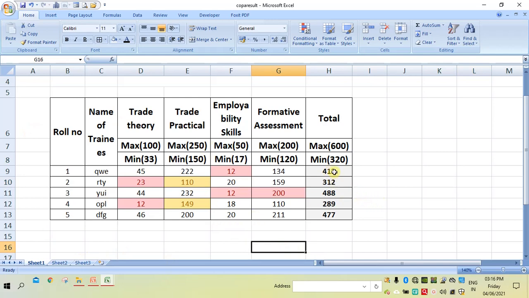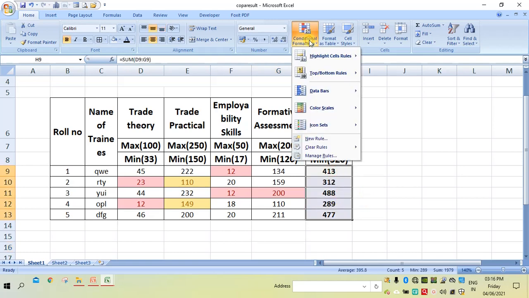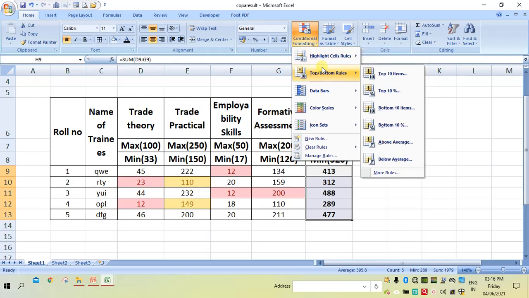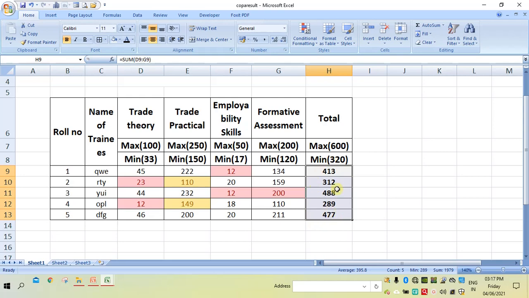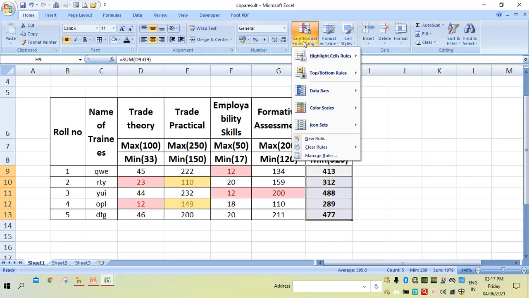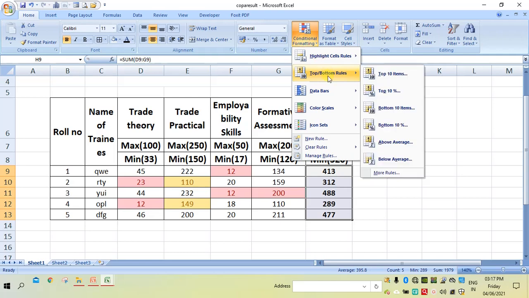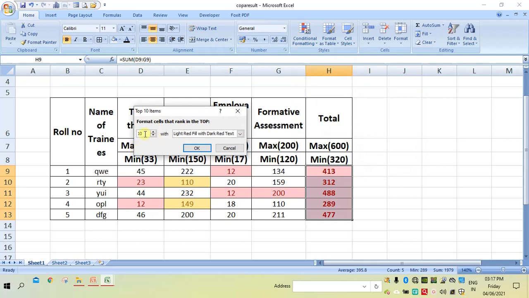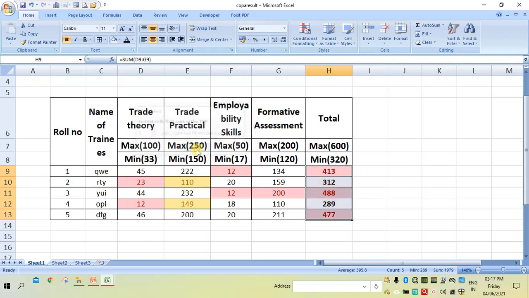Now I will use one more option which is there in Top/Bottom Rules. Top 3: I want to choose the top 3 highest scorers. So I will go here, click this one, and click on this. By default the top scorer count is 10. I will make it 3 and then say OK.